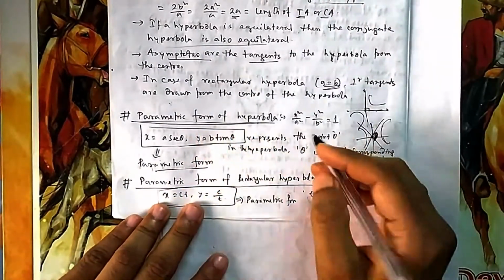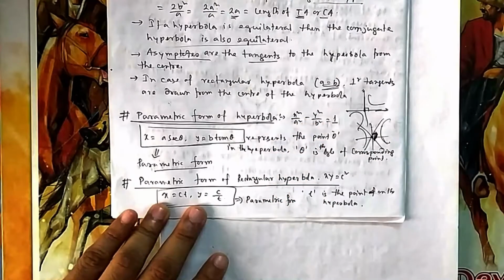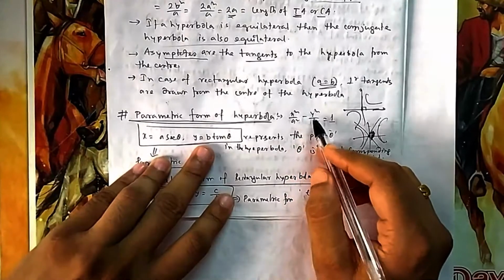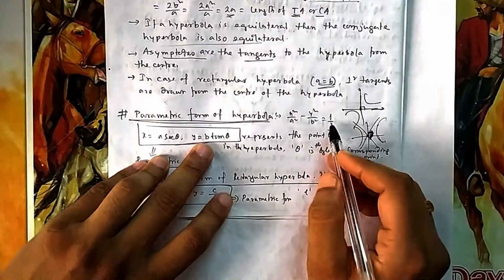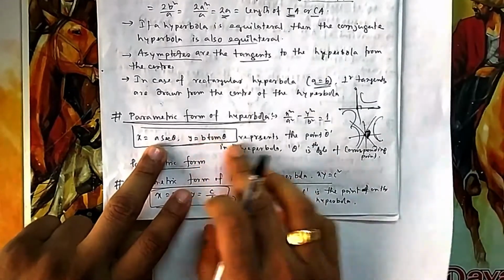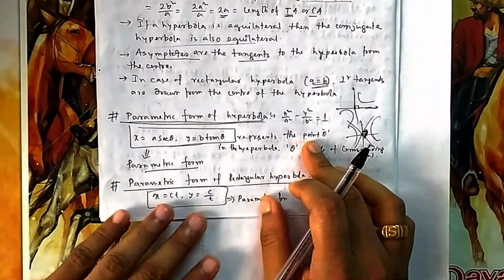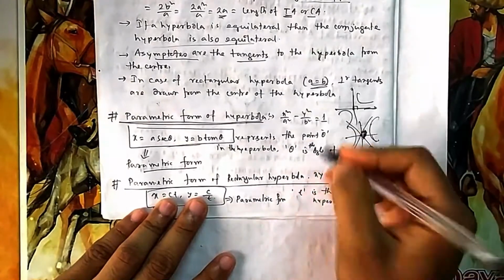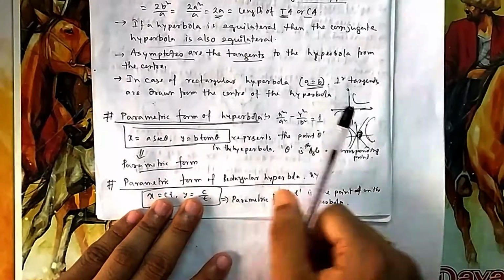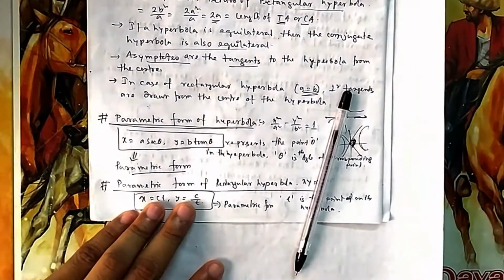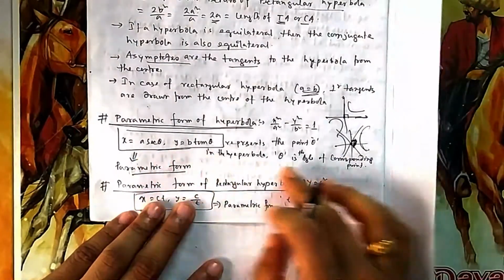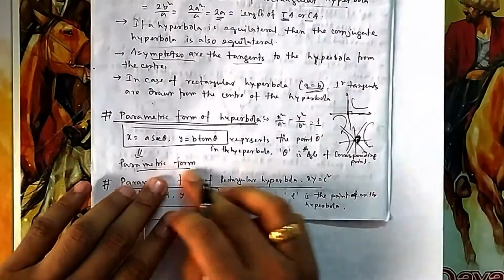Okay, if you see the parametric form, this is your hyperbola. So I am not deriving it again. If I put x equal to a sec theta and y equal to b tan theta, then sec square minus tan square equal to 1. This equation can be satisfied if you put these two. So this represents the point theta. If I take a point from the hyperbola and let the point be theta, that means the coordinate of the point is a sec theta comma b tan theta. Like in your parabola it was t, in ellipse it was a cos theta, b sin theta. Here it is a sec theta, b tan theta, which is nothing but the parametric form.